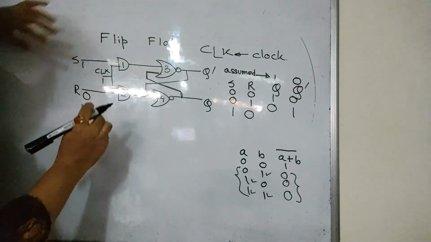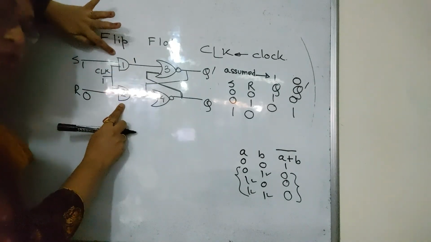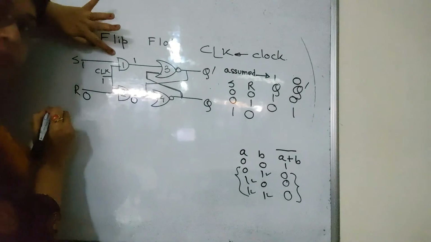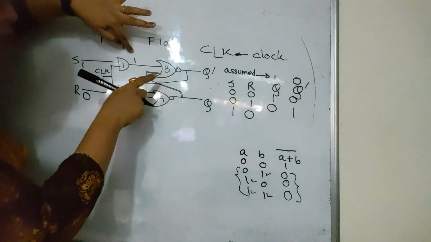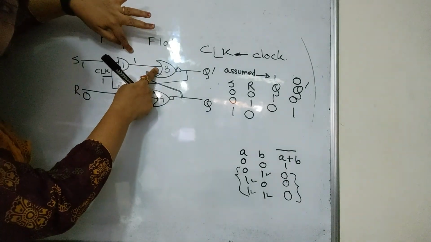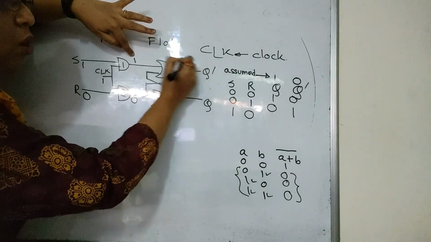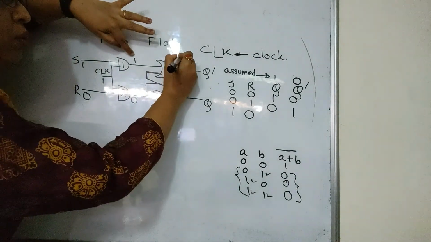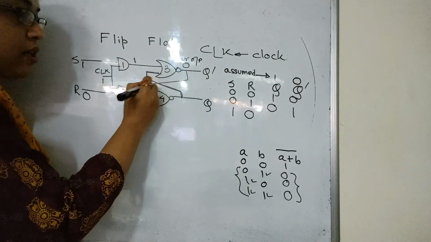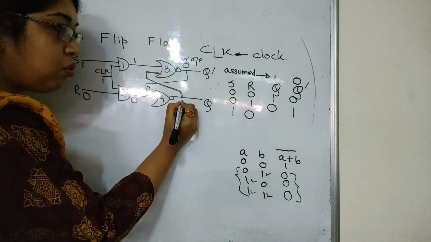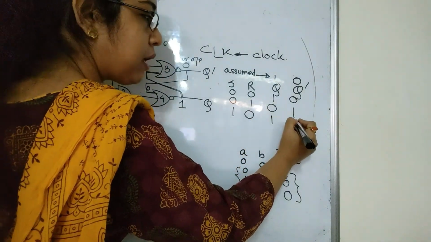In this case, AND gate number 1 is going to give us an output of 1 and AND gate number 2 is going to give us an output of 0. NOR gate flip-flops, high inputs first. So we are going to consider NOR gate number 3. Whenever one of the inputs is high, output is always low. So Q dash will become 0. This is the current output of Q dash. This 0 fed into NOR gate number 4, the output of Q would be 1. So Q becomes 1 and Q dash becomes 0.